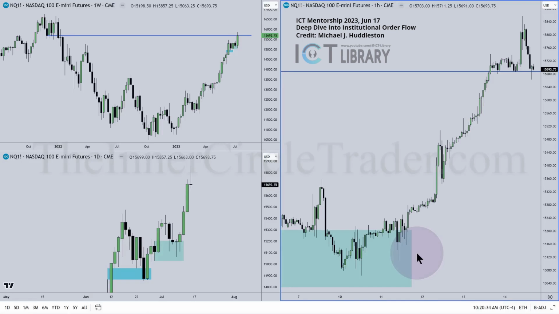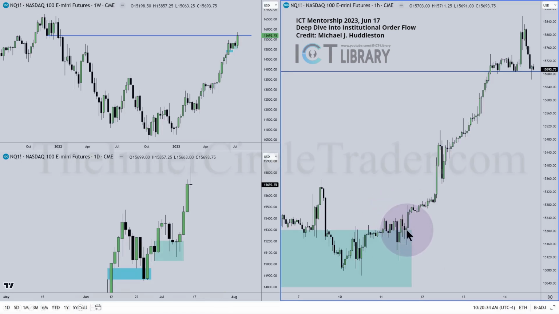I'm not chasing price. I'm waiting for very specific things where price will walk into my crosshairs, and when it does, I'm going to pull the trigger, and I'm getting my entry. I have 81 ways to get in there. Trust me, I'm getting in there. If trading was like a cat burglar, I'd be the best one at it because I can get in there. So we have the mean threshold here, it rallies back above, relative equal highs have been cleared here,